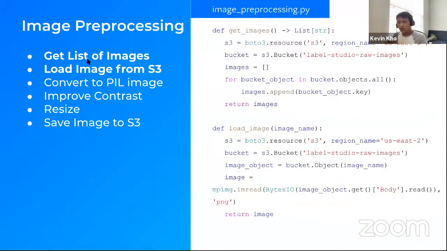So number one, we're going to get all the images that live on S3. And then for each of those images, we're going to loop through, load the image, convert it to a Pillow image. And then Pillow has operations to improve the contrast and also to resize. And then we'll save the image to an output S3 bucket. So the first function here,